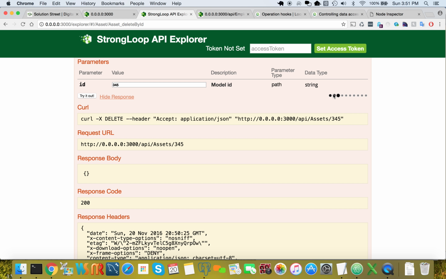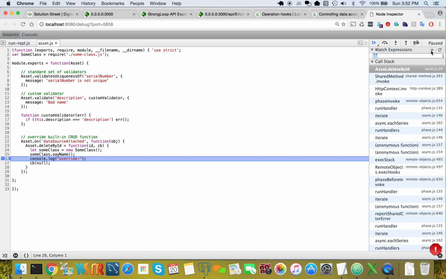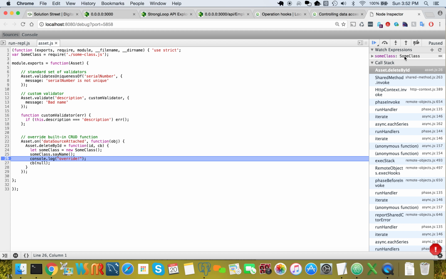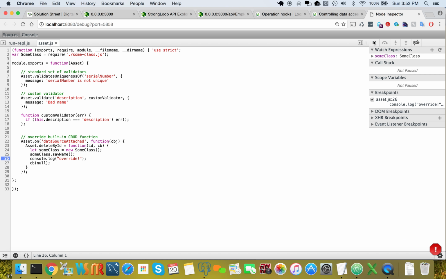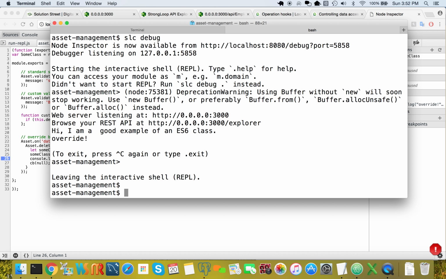You can see I'm now in some wait mode because I'm current on that line of code. I've had different success, different feelings about SLC debug for some others, but this does work at some level. I can look at some class, and you can see that it is some class, and that works. Now the alternative here, if I just continue this running, is you can now run Node